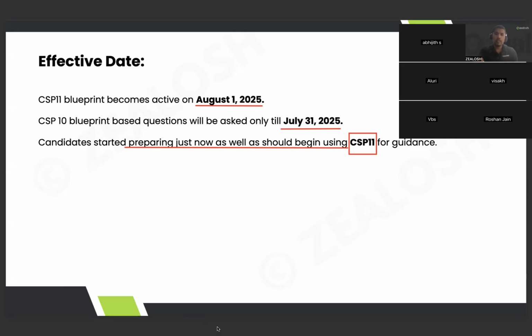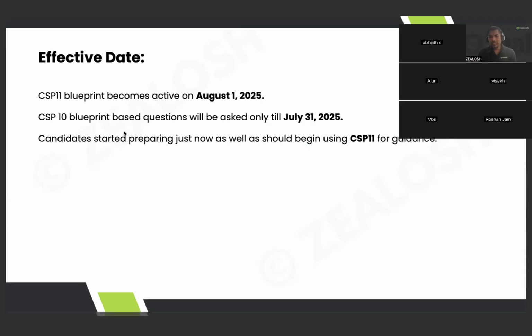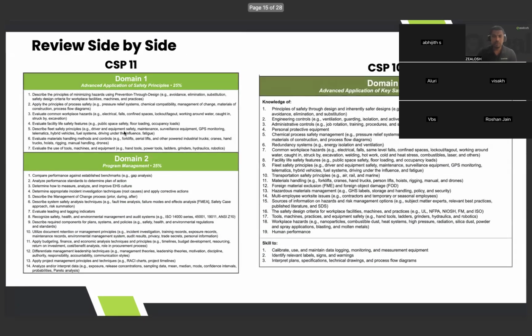CSP 11. So honestly, guys, tell me, is it that difficult compared to the previous blueprint? Honestly, tell me. I know people fear domain number 1. There is mathematics. You compare it and tell me, is it that difficult? If you ask me, it is easier now compared to before, right? It is easier because I was also teaching a lot of mathematical concepts which are really not required as of now.